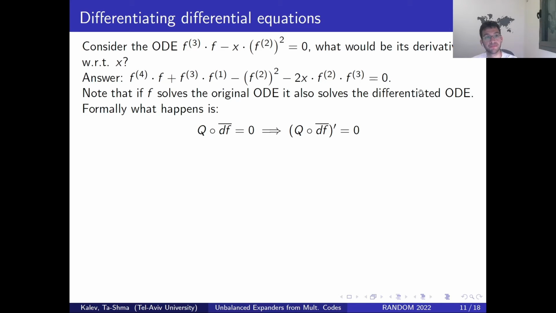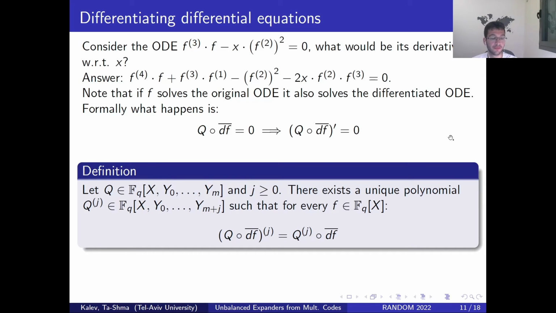Okay, and note that if f is a solution to the original differential equation, then it is also a solution to the differentiated one. And formally, this happens because if q composed with df equals 0, then also the derivative of q composed with df equals 0. But note that in order to derive q composed with df, we must have an explicit f. Yet here we were able to do it implicitly without having an explicit f. And this idea is formalized with the following